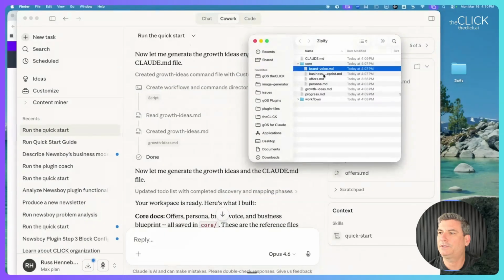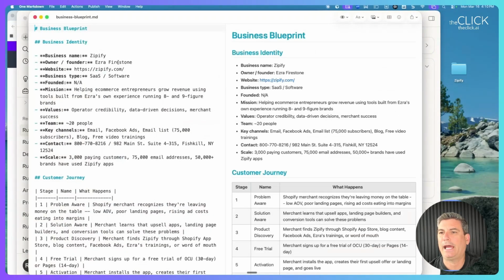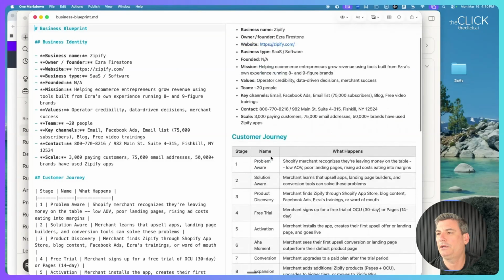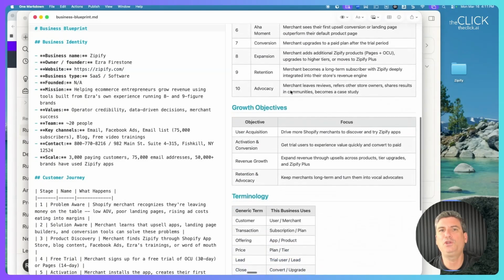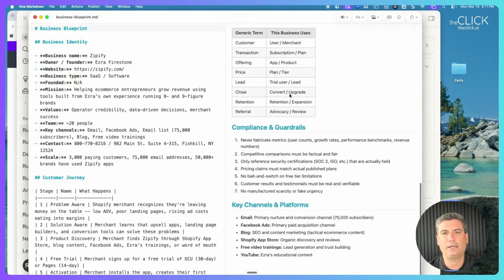Now let's look at the business blueprint. This starts to build as it's gathering information, and this is going to also help your AI a lot. You want to check through here. It asked me how many people are on the team. I told it 20. I told it my key channels. It went and pulled the contact information off there. It's got the website, it's got the owner, the founder. So you can see just in a few minutes here that we've started to build out an AI that really understands this software company. And you're going to see the power of structuring your AI this way,